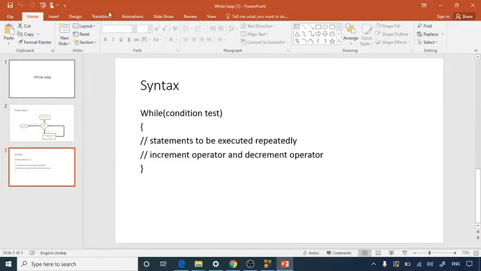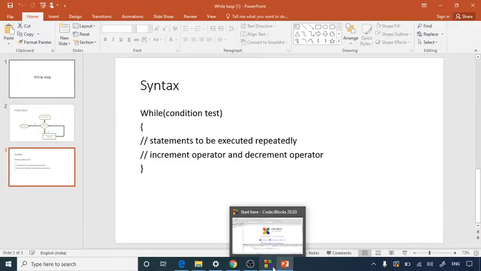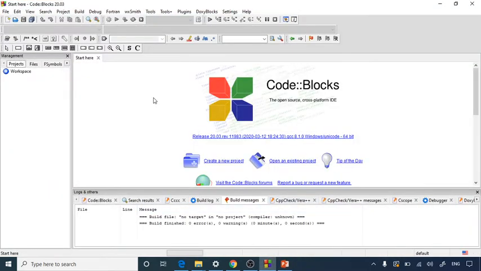Now here we will understand the same by using one application. What we are going to make today is we will find out the factorial of any number by using a while loop. So factorial is the product of positive multiplications of the given number, that is, it is nothing but the multiplication of the n numbers. So we can find out the factorial by using a while loop.